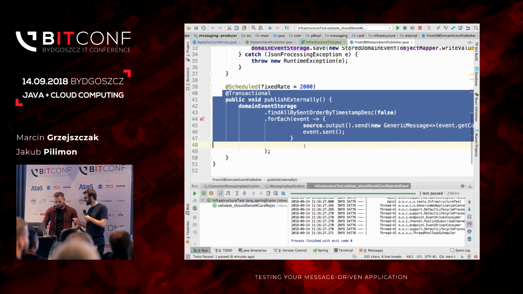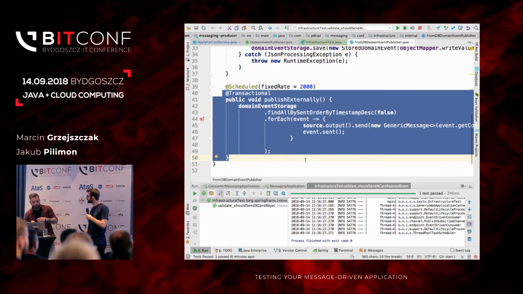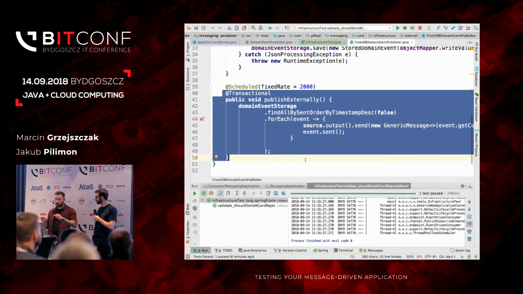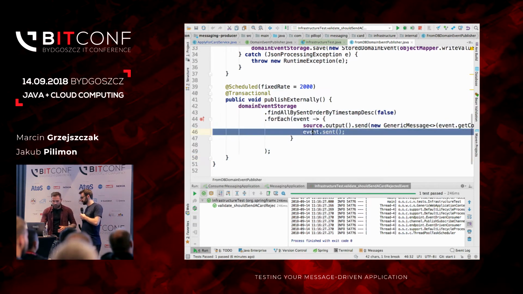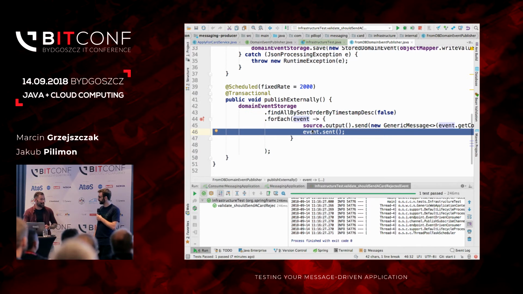Don't we have exactly the same problem? Yeah, it's the same problem, but we moved our publisher in here, which means the event, the card, is already there in the database for sure. What can happen is that this call will not succeed. So we send a message, we try to store the info that it was sent, and we didn't manage to because your database is down, whatever. We try again, and for example, the fourth time we manage to do it. So we sent 4 messages and then we stored it. It can happen. It's called at least once, versus the one you have previously heard of.